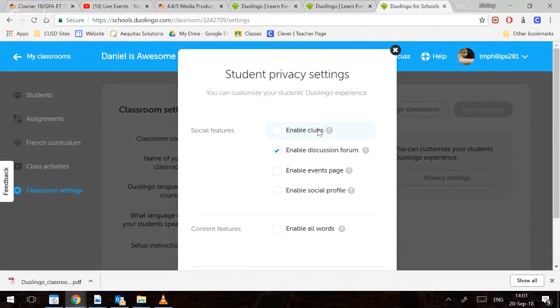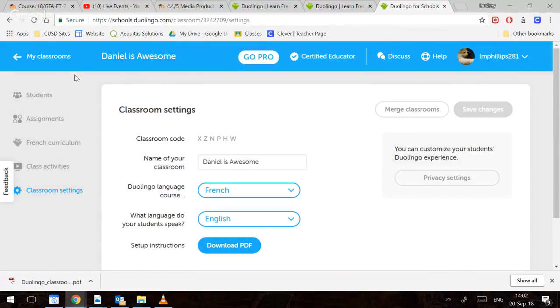Privacy settings, there's a feature called clubs, which in my opinion is clutter and it's not necessary, but your students could make clubs. Discussion forum, it gives them access to the forum. And then there are other things you can enable here. So just enabling all the words, making all the content available. Anyway,